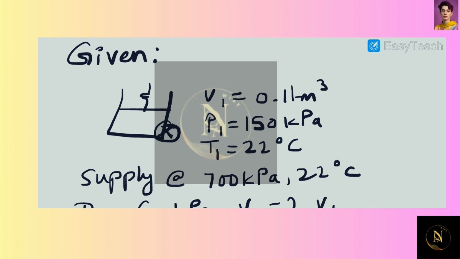Hi everyone, so what we have is a vertical piston cylinder insulated system with a spring that is attached to the cylinder, and there is a supply valve that is attached to the bottom of this cylinder system. The initial volume is 0.11 cubic meters, and air inside this piston is at a pressure of 150 kPa